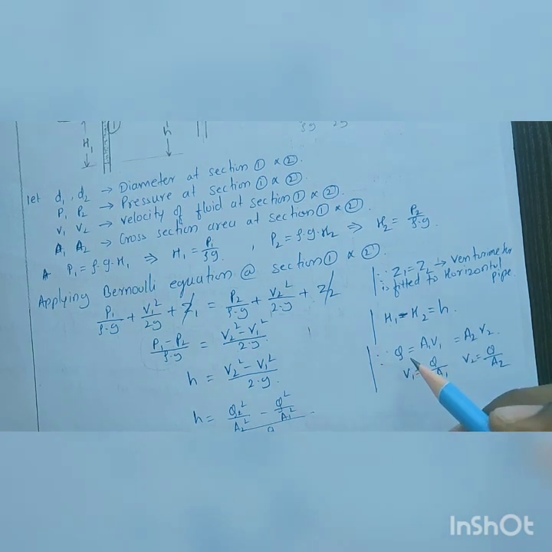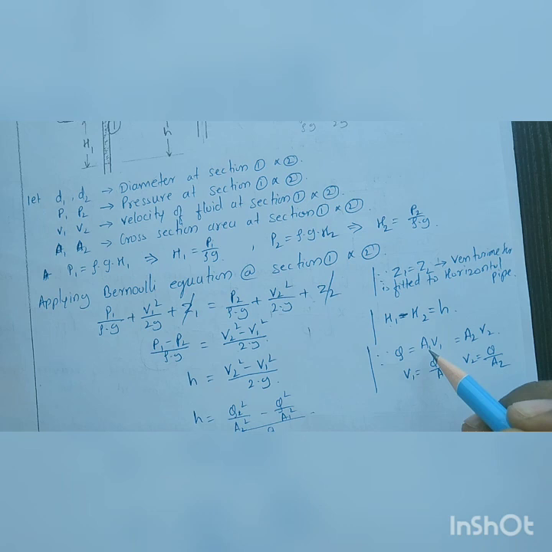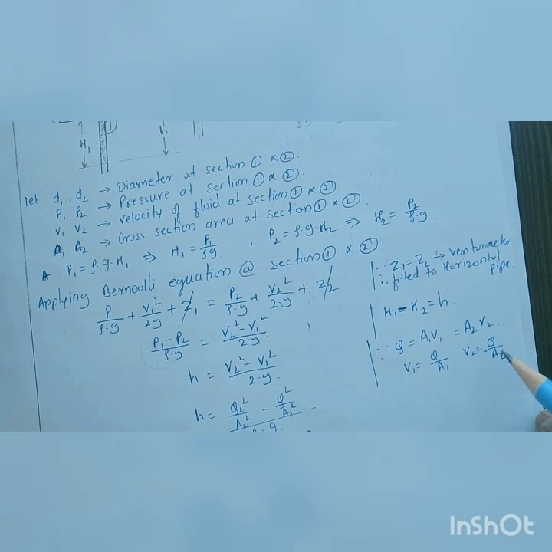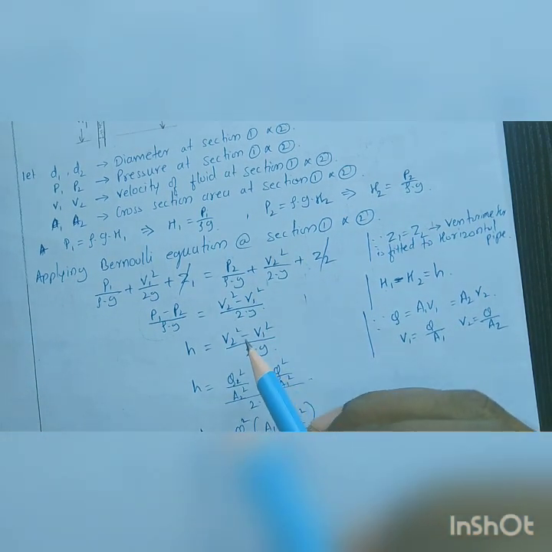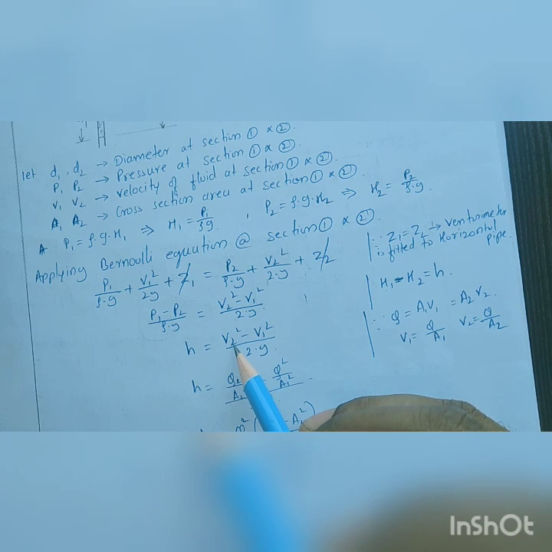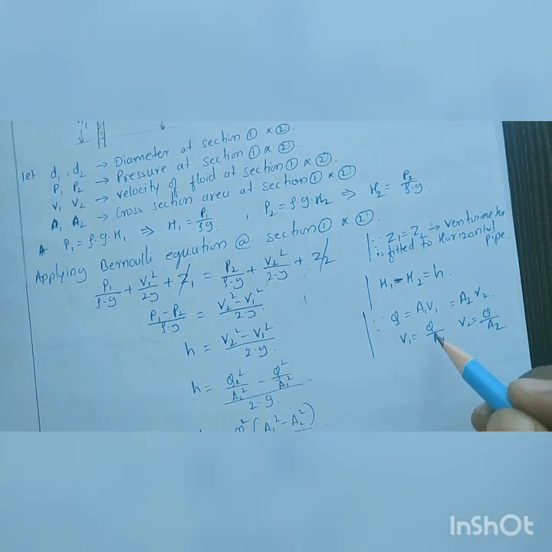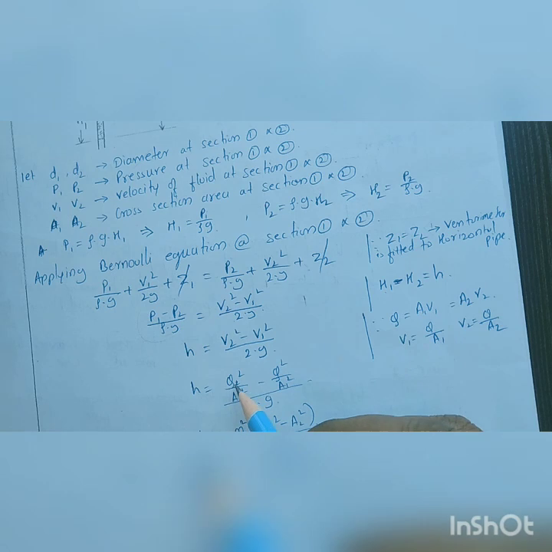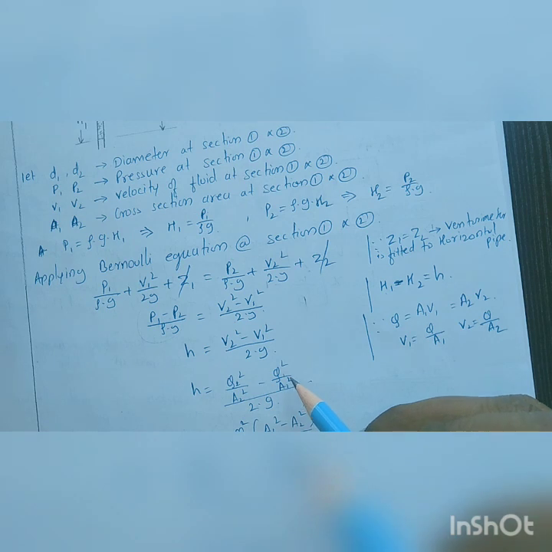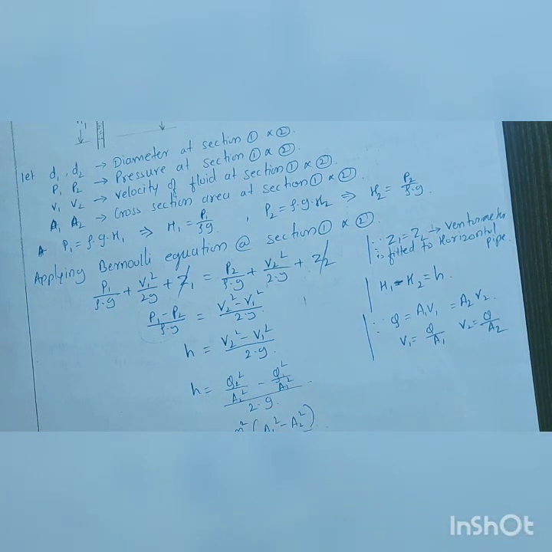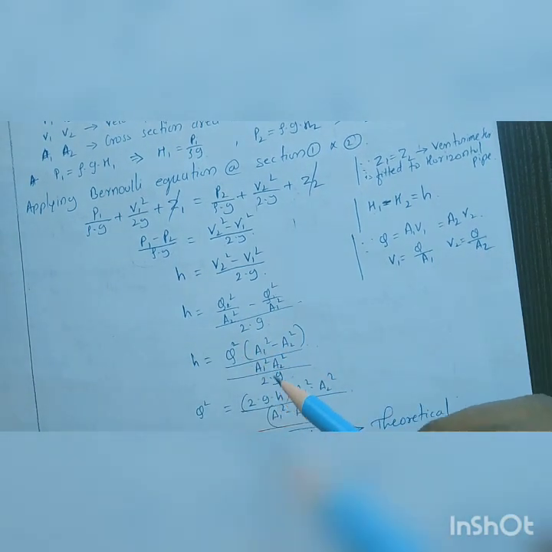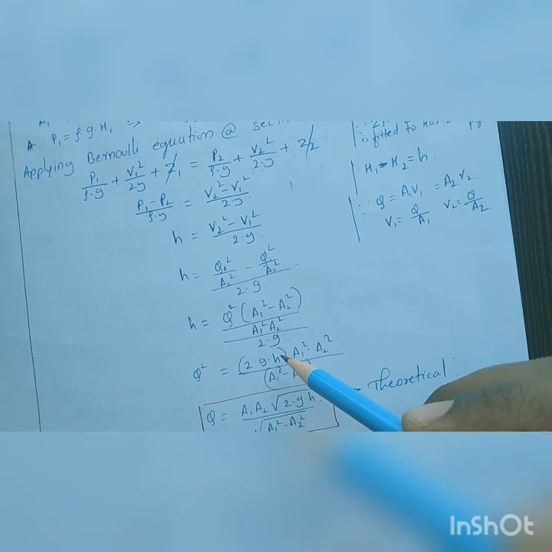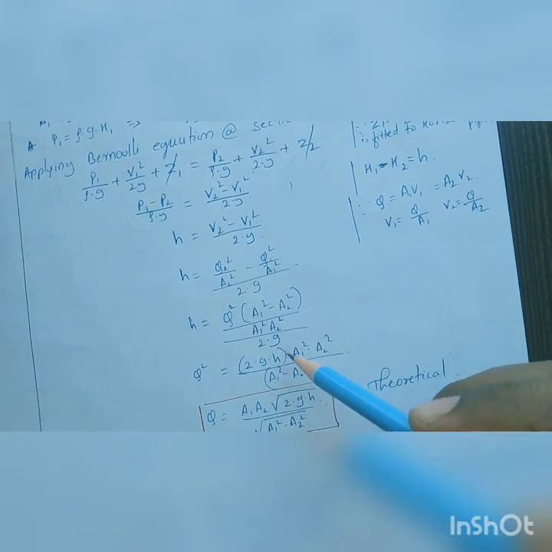Do you know the expression for discharge? Discharge is A1 V1 is equal to A2 V2 from the continuity equation. So V1 is equal to Q by A1, V2 is equal to Q by A2. Wherever we have a velocity expression, we will substitute it with Q by A. Here we have V2, so (Q by A2) whole square minus (Q by A1) whole square, by 2g. When I take Q outside, I'm just rearranging the terms. I'll not go into all the detail; if you go through it, it's simple mathematics and you can understand.